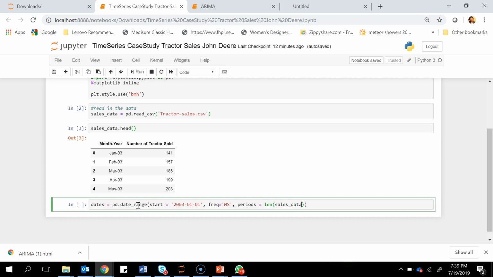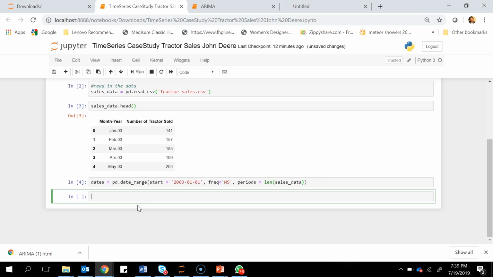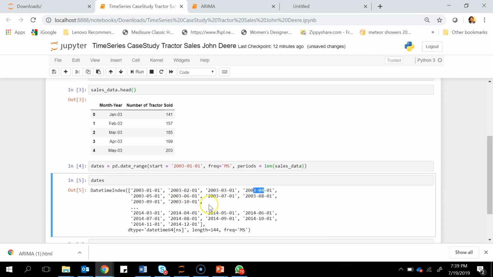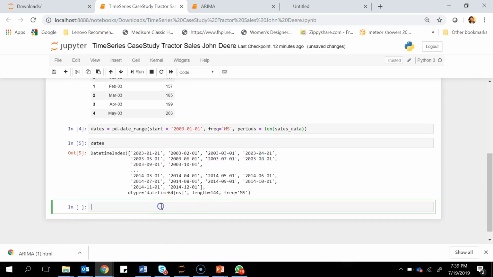So basically we are defining a range and a frequency, and till what time we want to read these dates. If we look at dates, you'll see that it is a datetime object which is starting from 01 and the frequency is monthly. So that's what we did here. Now let's come to the next part. The next part is breaking down our data set into individual components.